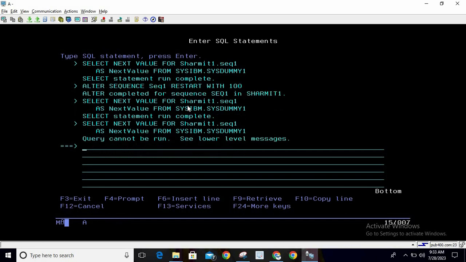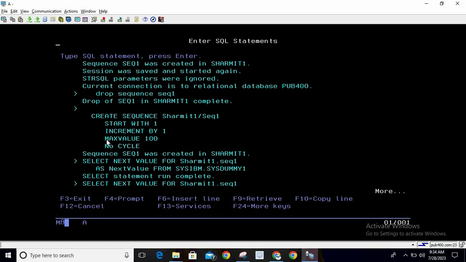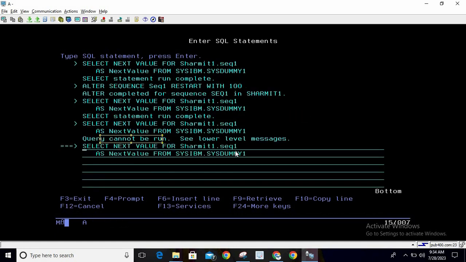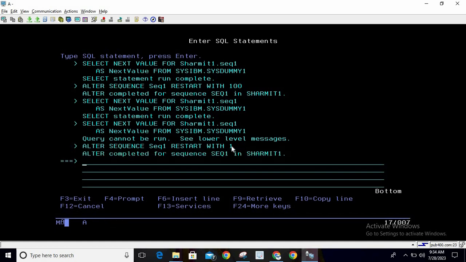Then, query cannot be run, see lower level message. This time it is not running. Let me show you why, because we have set the maximum value as 100 and we started it with 100. So how can it go on, because we have also turned off the cycle. So what we can do is rerun this alter. If there is any scenario where you reach the maximum limit and you want to restart it, in that case you can simply hit this query, and now if you try to fetch the data,